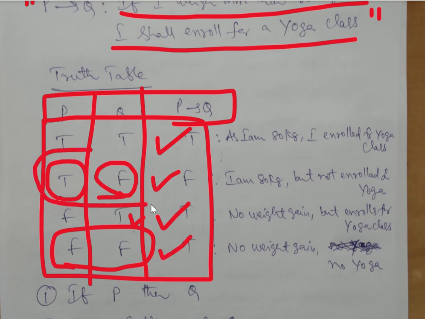So here T and F is very important. If you have something in mind and you are not following that, that results in a false statement. That's precisely the definition of it. That means when the first statement in the P to Q implication is true and the second statement is false, then obviously the result cannot be concluded, it is going to be false only. In all other cases, the result is going to be true.